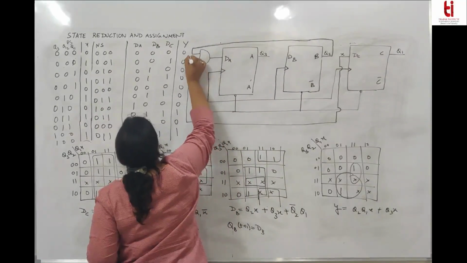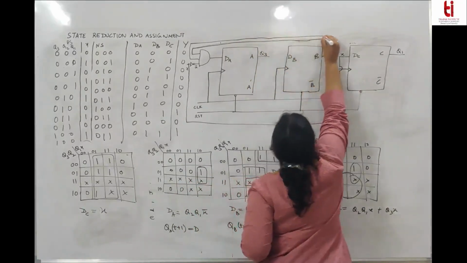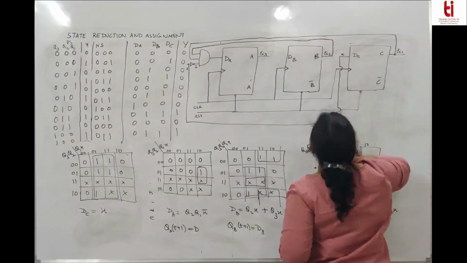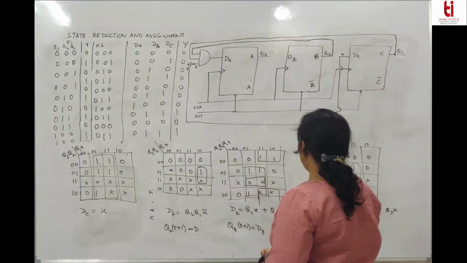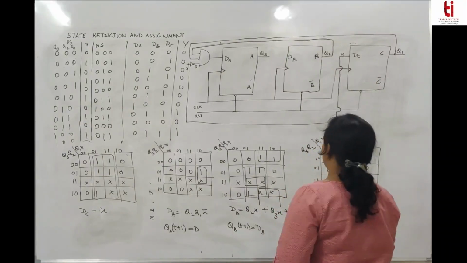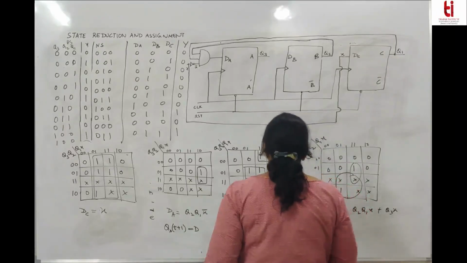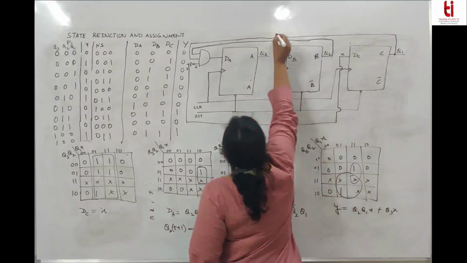Let it be this. So this is Q2, Q1, X bar. What is DB? So this. What is Q2 into X? Q2 plus Q3 into X. So we'll have